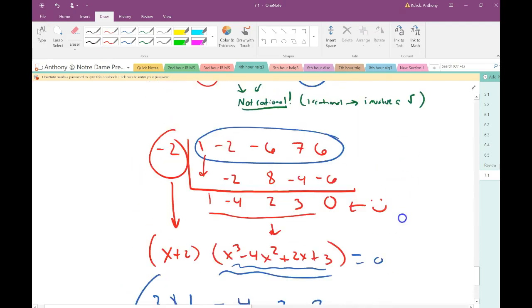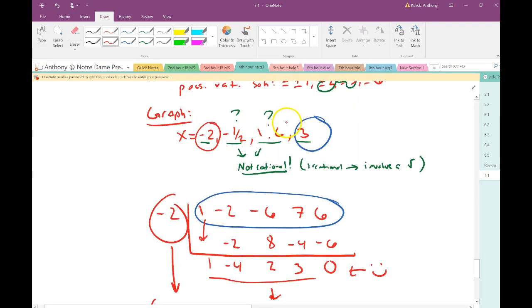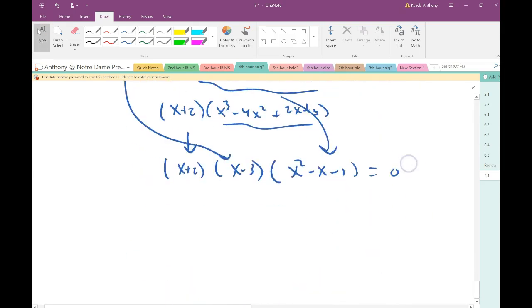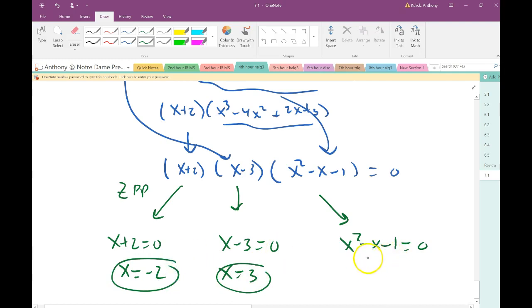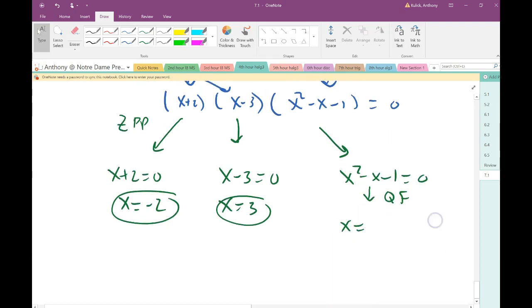And if you'll notice, if I go back to my list here, I'm out of rational zeros. All I have are these things that aren't on the list. But it's okay. I can apply the zero product property here. I have x plus 2 equals 0, x minus 3 equals 0, and then x squared minus x minus 1 equal to 0. And I'm going to have no problem solving, because even here I can use quadratic formula. Since that's a quadratic equation,